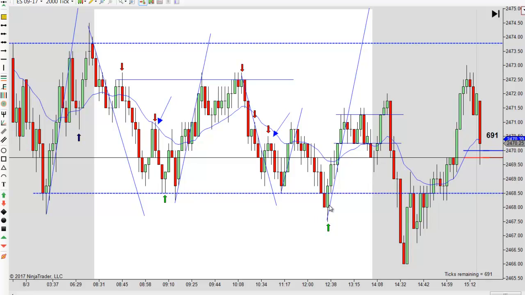And I like to buy these kind of setups here. That's a very bullish bar after a failed break lower. A lot of times you'll catch a major low. It didn't turn out to be that way here, but if you'd have caught this one, that turns out to be a major low, and it rides all the way back to the top again.